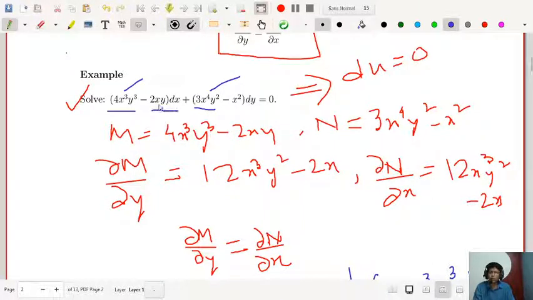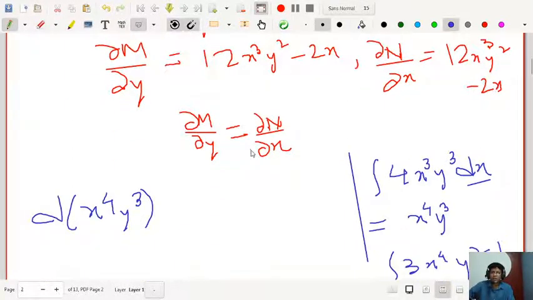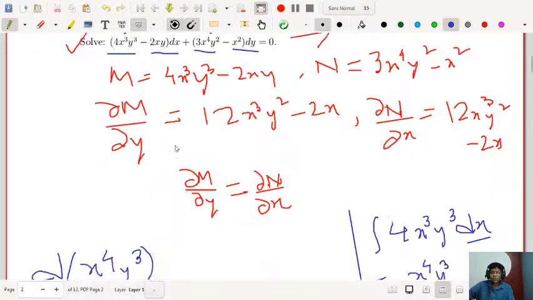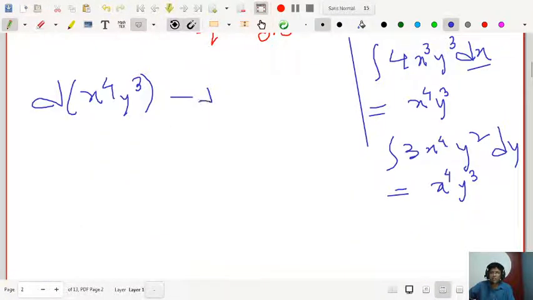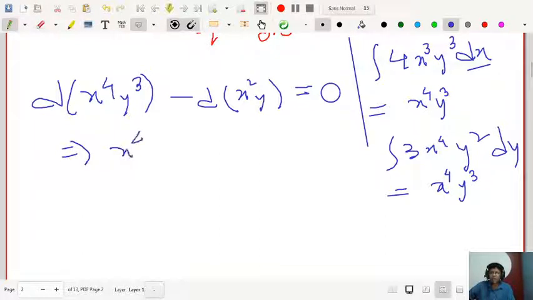you have 2xy dy dx. So if you integrate this, you will get x square y. The 2 gets cancelled, and there is a minus, you can take that minus outside. So in this case also you are getting x square y. So another term will be minus d of x square y. So look at that, the whole equation is expressible in the form du, and if you integrate this, you are getting the general solution.